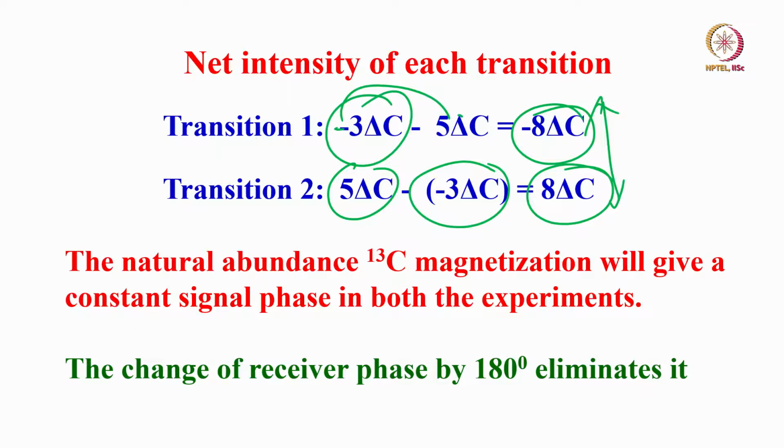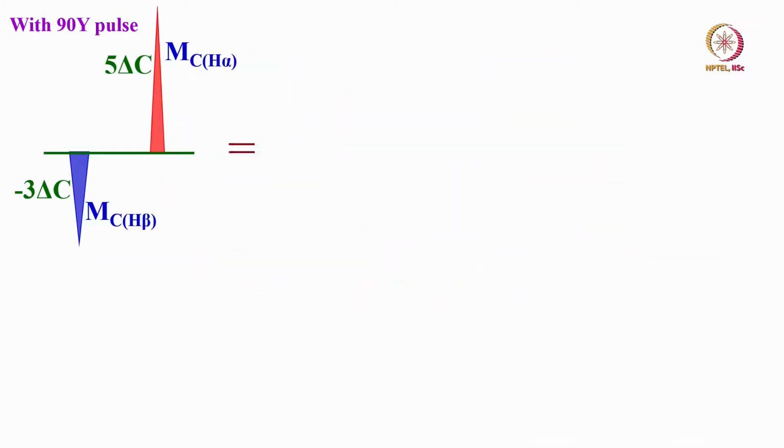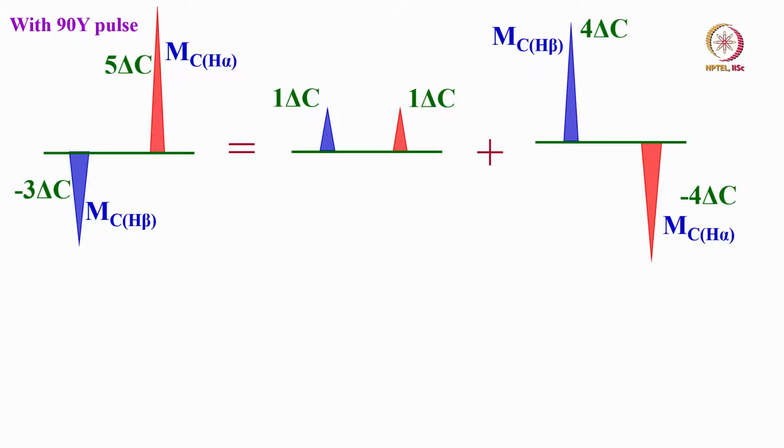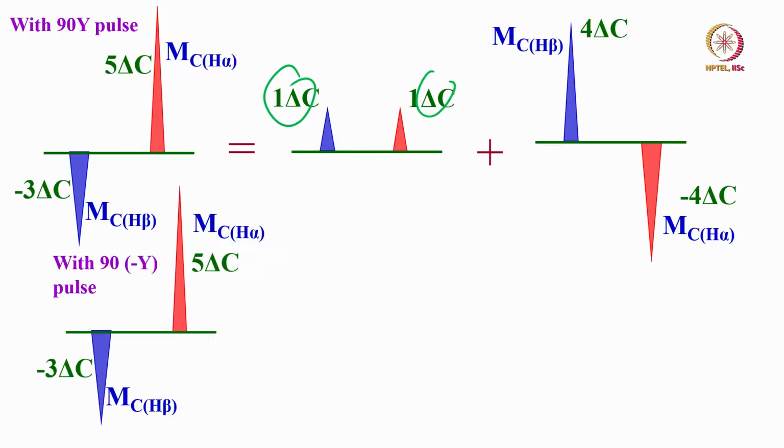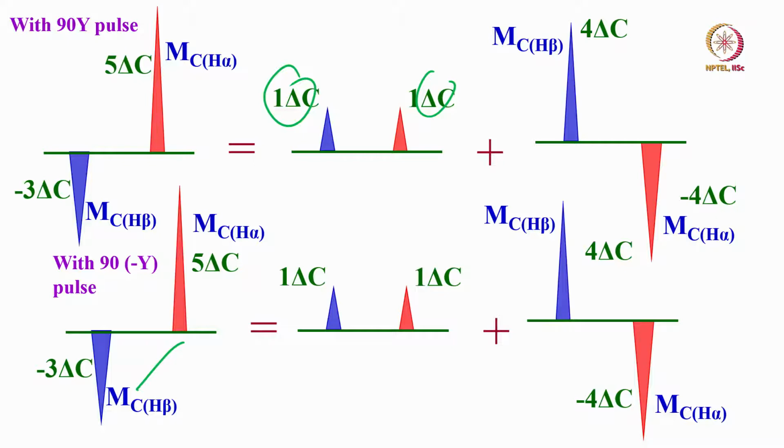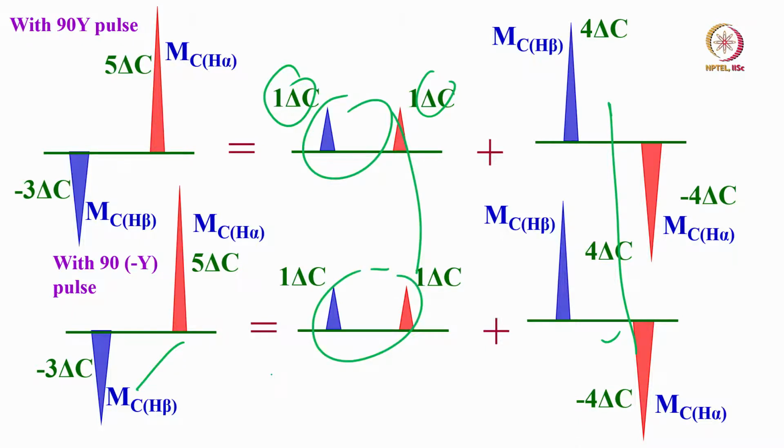So now what we can do is, with the 90° Y pulse, this is what we get, and the natural abundance carbon plus this, both will come. This natural abundance carbon is just 1%, that is not enhanced intensity. Now in the other case, if you apply 90 Y minus Y pulse, again natural abundance remains the same and this becomes this. When you subtract, what will happen? Here we got the gain in the intensity, whereas this one, if you subtract with this, gets nullified. So you can subtract the natural abundant signal coming from natural abundant carbon, whereas this will add up. That is the beauty of it.